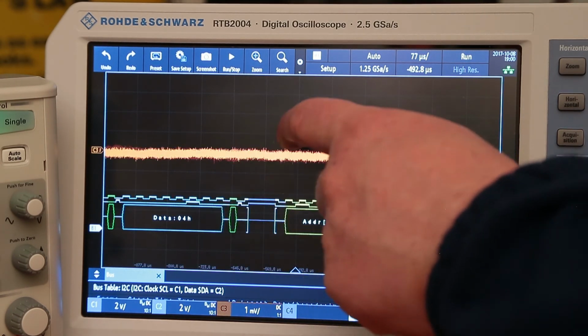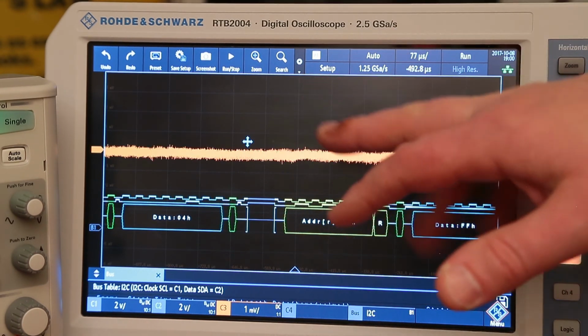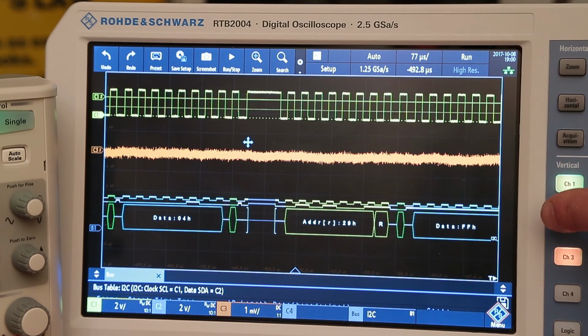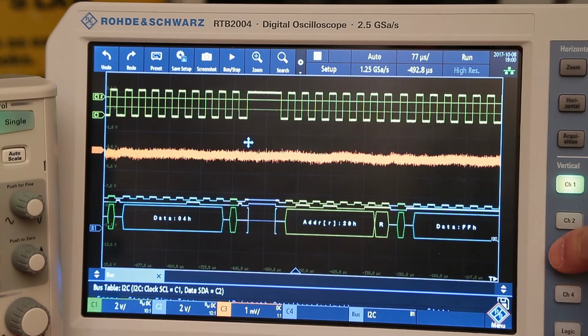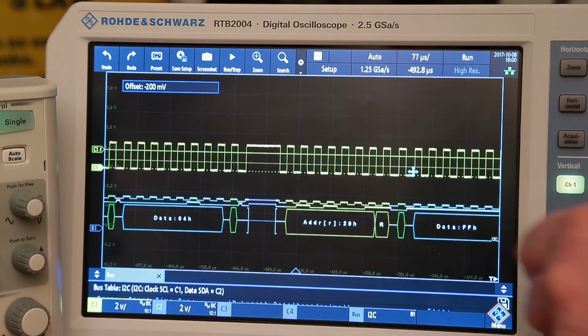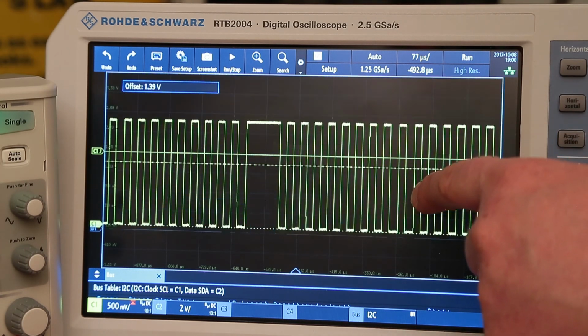Neither have I had a problem with the screen, because he was demoing that when you were poking at the screen you were getting signals being affected on your channels, but the channels were open actually. But I've not had that problem at all, either when they're open, but of course you wouldn't be feeding in a signal, or when I've actually got a probe plugged in. So I've got 2 probes at the moment plugged in, but I've not found any problems with signals. So if I switch that one off, bring this one down a bit, let's just say I turn the amplification up on it a bit, bring that down on the screen,